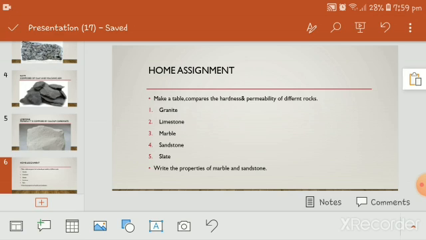Then the third type of the rock is lime. I told you about limestone and granite. And then